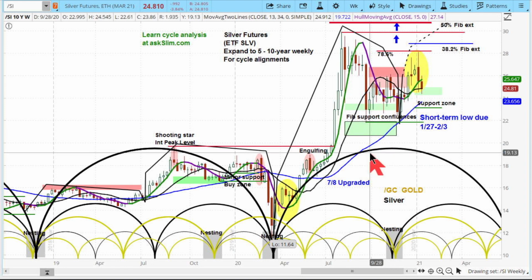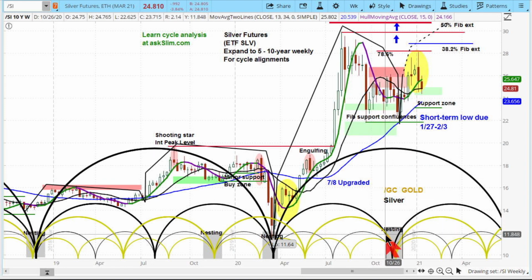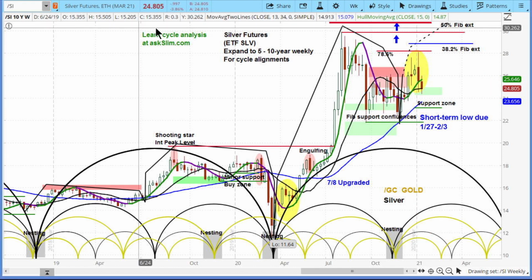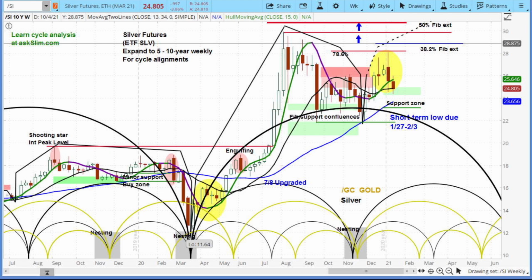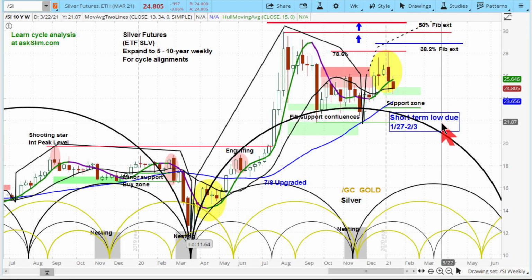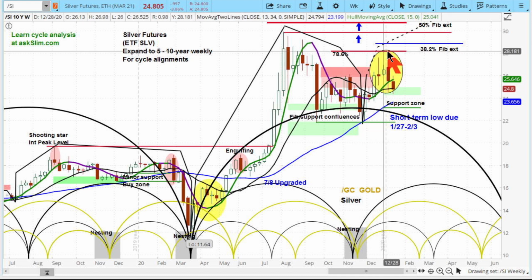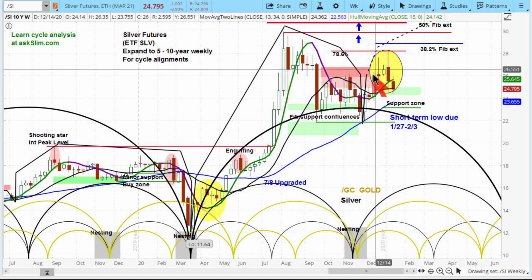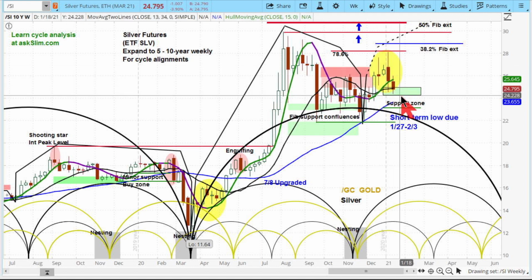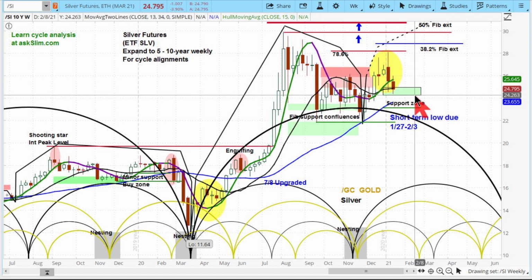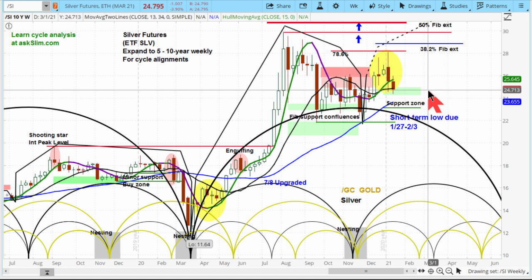So when the cycles come down is when there's downside risk. When they move up is when there's upside potential. Let's talk about where we are right now in the silver market as I blow this up a little bit. We have a market that rallied up here. It got close to that 78.6% level and then reversed, and then gave you this engulfing pattern. Now it's come down into support, and the short term has broken some supports,